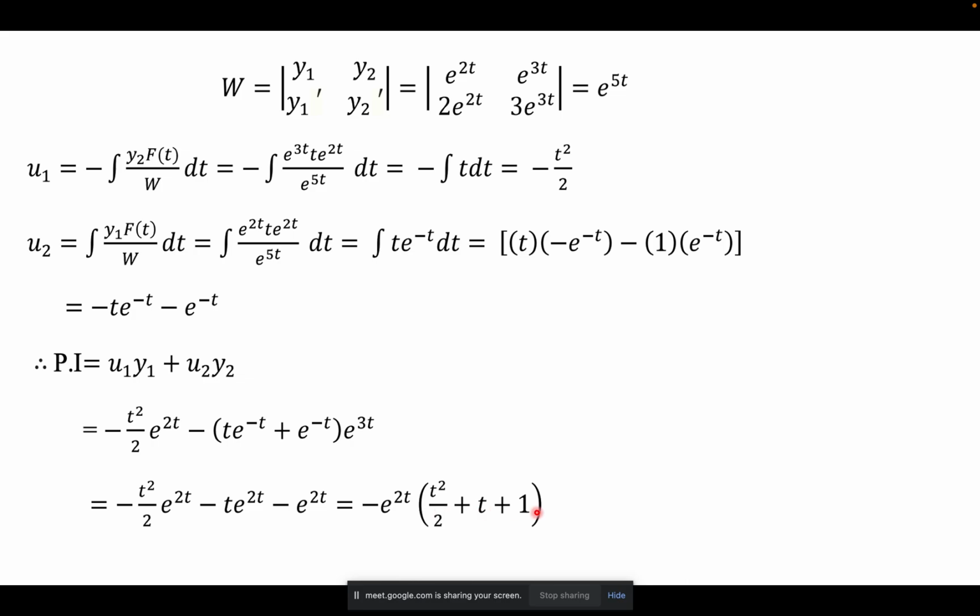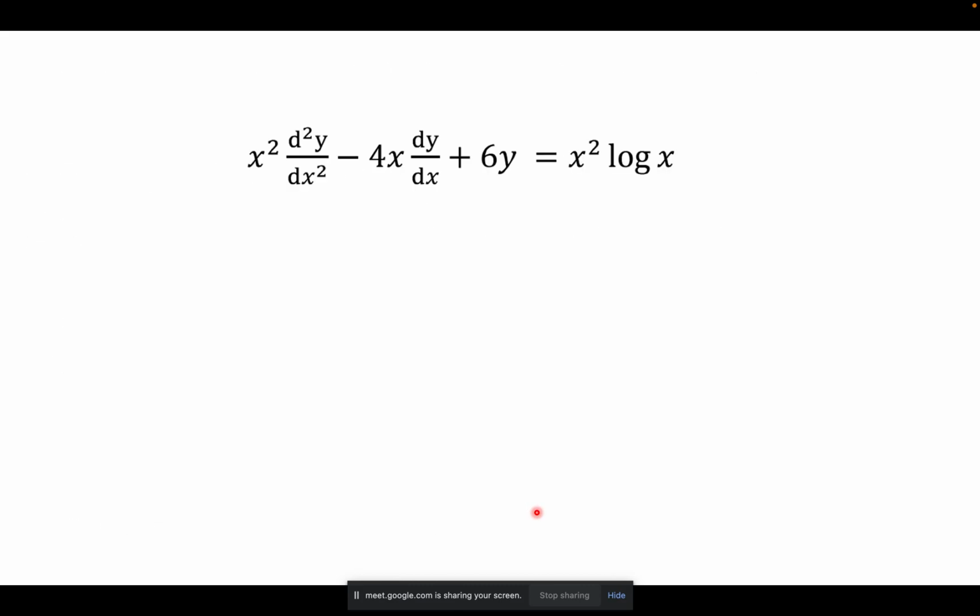So now you have the value of the particular integral, you have the value of the complementary function. You can write the general solution as complementary function plus particular integral. So I hope I covered these three problems, and I also covered some portion of week 2